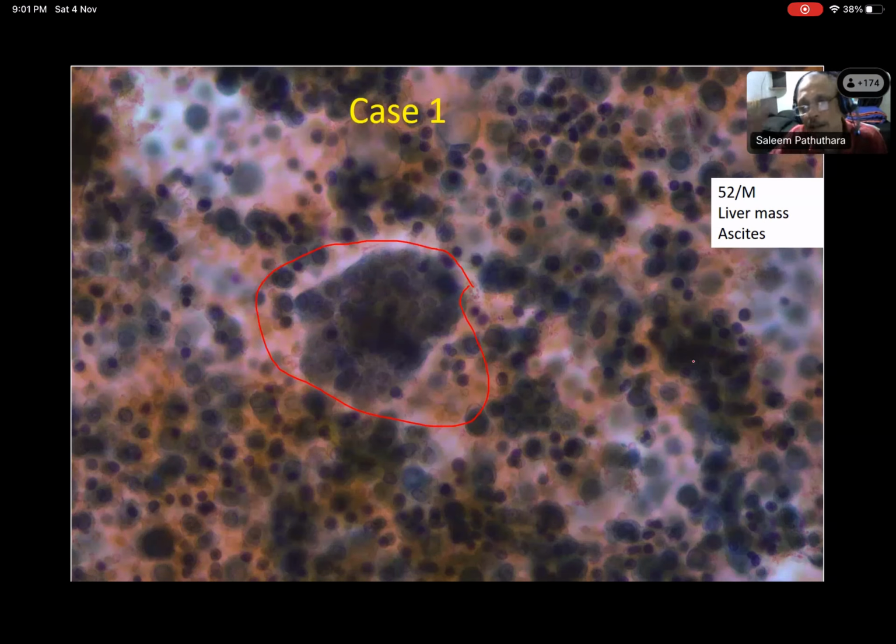And what about the background cells? Some cells are clear, and some show cytoplasmic vacuolation with a pushed out nucleus. I'm assuming it to be signet, it looks like signet cell morphology. When you say signet ring morphology, do you mean this is a signet ring adenocarcinoma or just a macrophage? The communication has to be very clear. Do you think these are malignant cells? No, sir, I can't say.